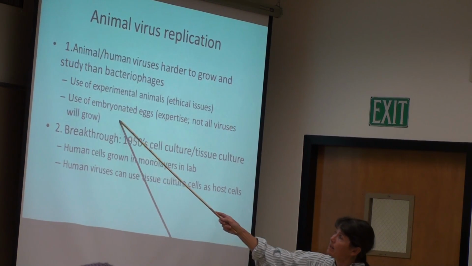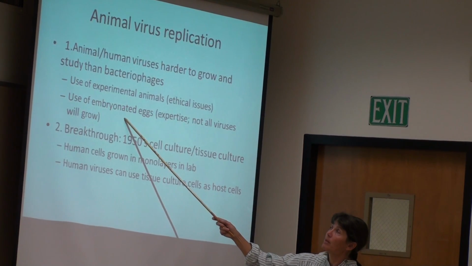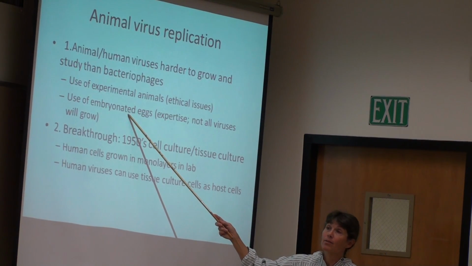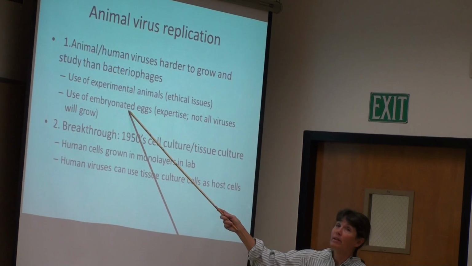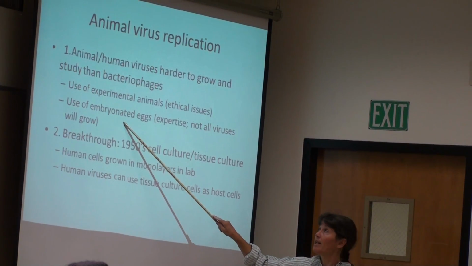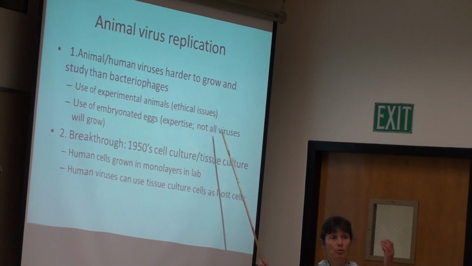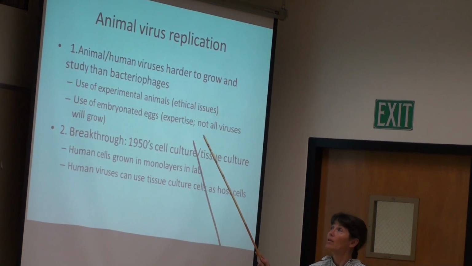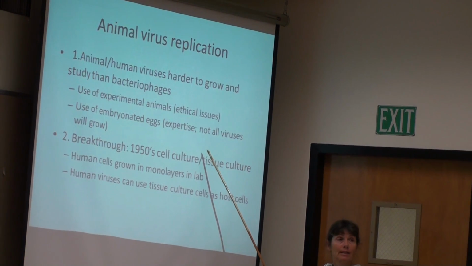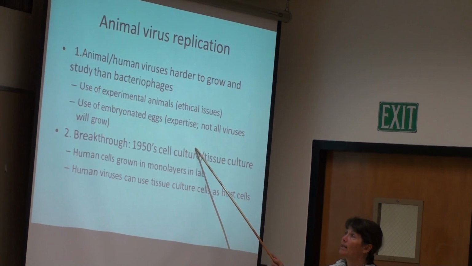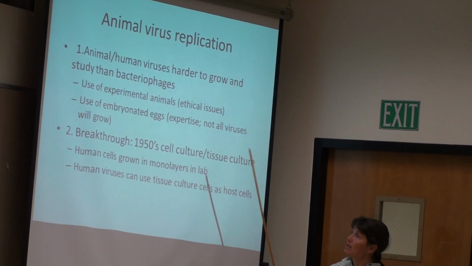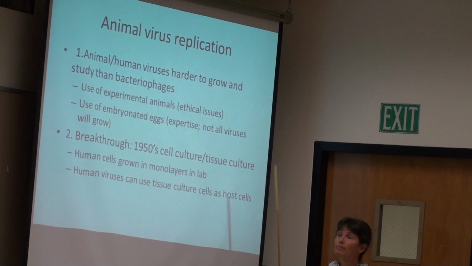There was a big leap forward when it was discovered that many viruses can grow in fertilized embryonated eggs. So that was a big help. But there were problems with that too. Not all viruses will grow in fertilized embryonated eggs, and it takes a lot of expertise to inoculate the eggs properly. There are problems with the eggs becoming contaminated with bacterial or fungal contaminants, and then your experiment is shot. There was a huge breakthrough in the 1950s with a technique called cell culture or tissue culture,